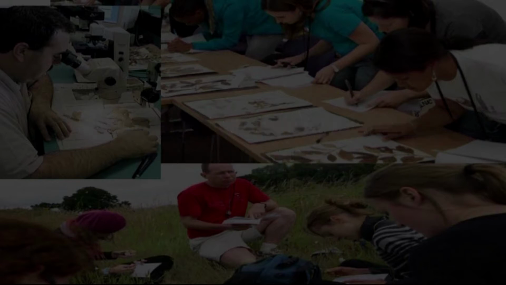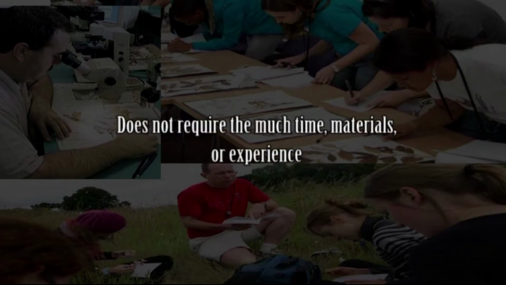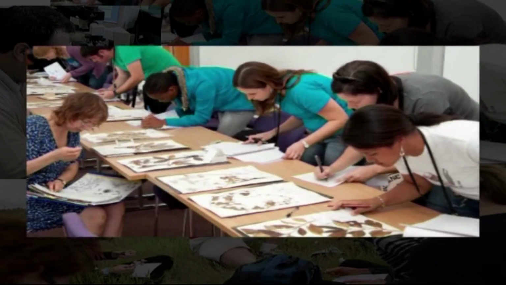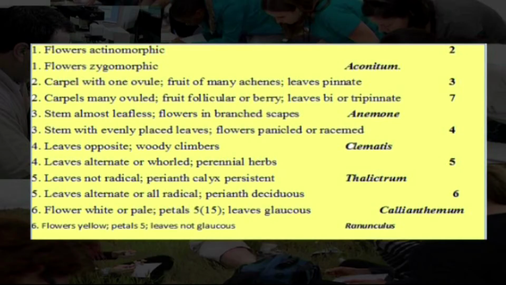The keys are by far the most widely used method of identification of organisms and do not require much time, material or experience involved in comparison and recognition. Hence, keys are the most direct way of identifying plants. In biology, an identification key is a printed or computer aided device that aids the identification of biological entities such as plants, animals, fossils, microorganisms and pollen grains.